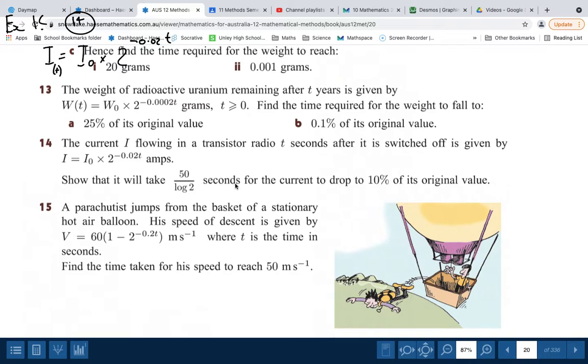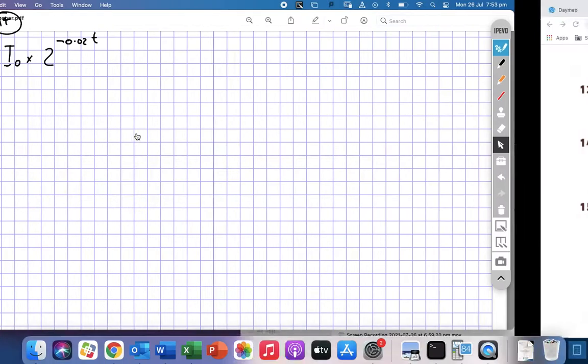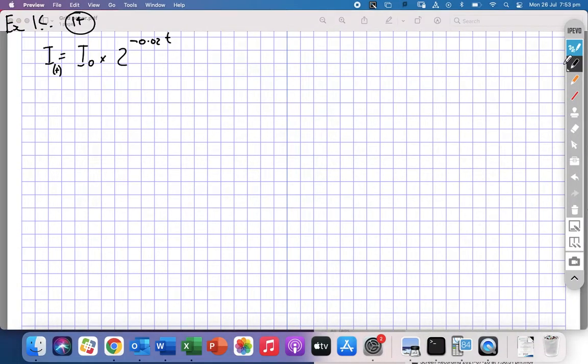a log in the answer here. I'm thinking there might be some rearranging or little playing around with the log to get the answer. This is quite similar to question 13, which is also a decay question. I talked about how I approached that before when they said we want our current at time t to be 10% of the original current. And I said, well,